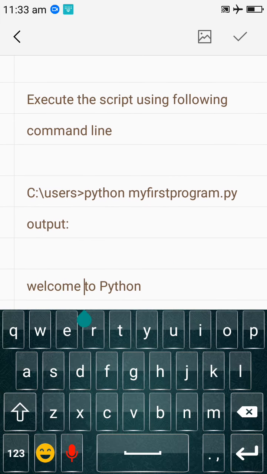This is the output. So in this video you have seen that there are two ways to execute a Python program: interactive mode and script mode. In interactive mode, you directly write the code and execute it. There is a direct interaction of the user with the Python code. In the case of script mode, you write all the instructions in a particular file and execute them together. I hope you understood the concept.